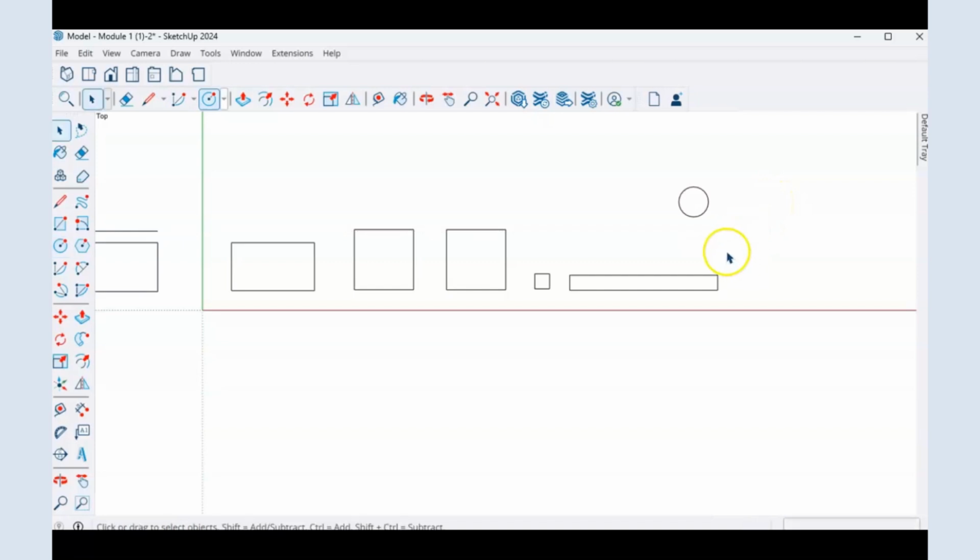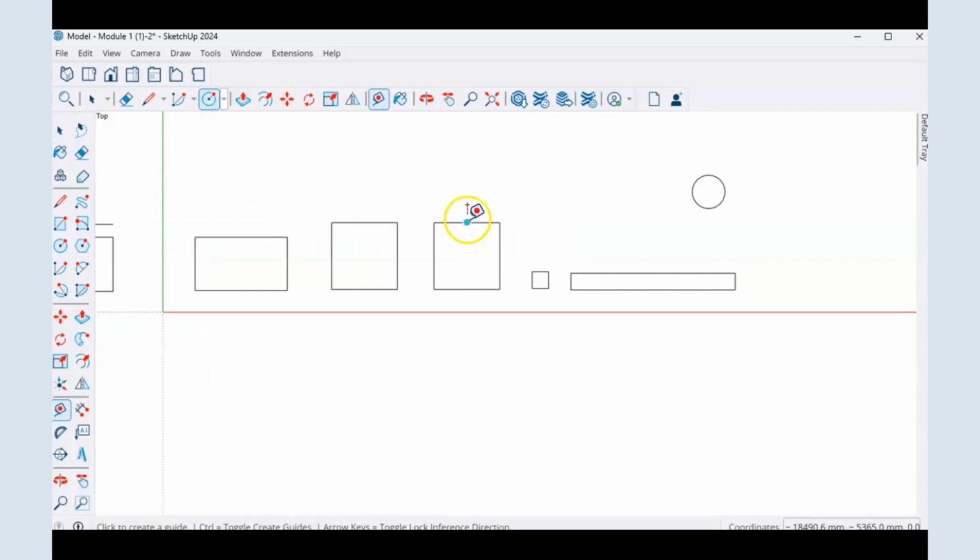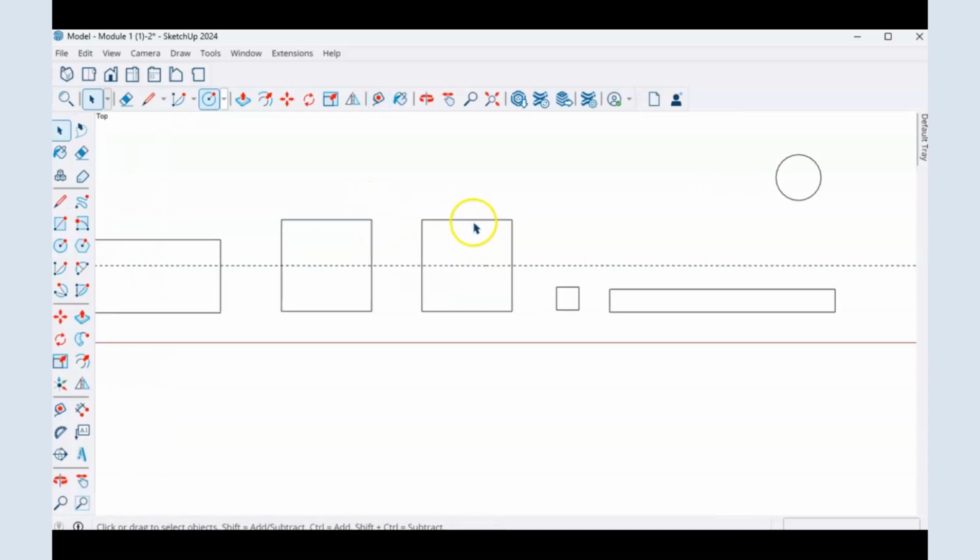Now, just one other thing with changing the size of an existing shape. We did look at how, if you hadn't clicked any buttons after placing the shape, you could adjust the size. But if you have done something, then it becomes a bit problematic to adjust the size. So one thing I'm going to try here is using my tape measure tool. I'm going to go from here up and bring a guideline up, and maybe I'll make it 2,000. All right, so I've got my guideline there, and what I'm going to try and do is move,